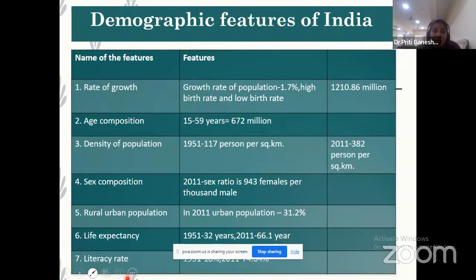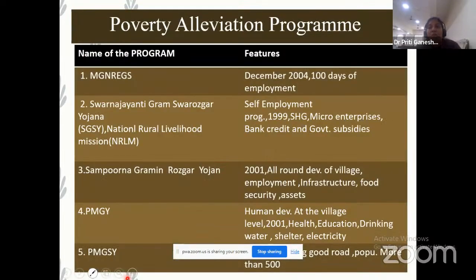So again I am telling you, this is the most important question from module 1. Explain the demographic features of India, explain the profile of India's population. Anyway, this question, somehow in a twisted form, you will find it in your paper. In the same way, the first module's second most important question is the poverty alleviation program. This is again a highlighted, very very important question. In maximum papers the question was there.